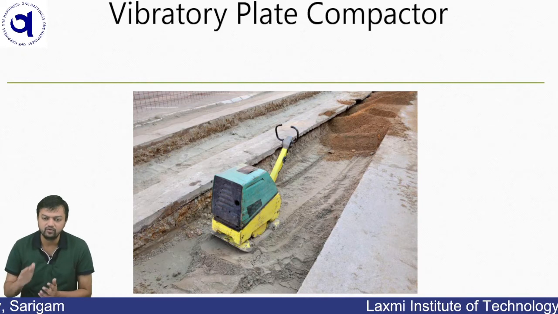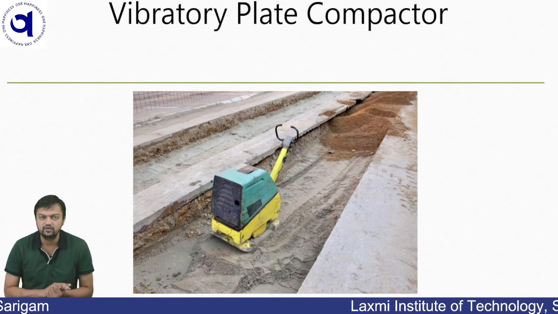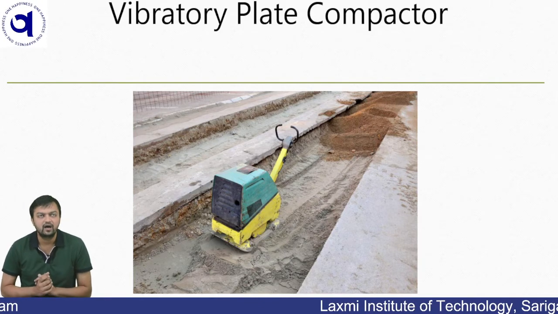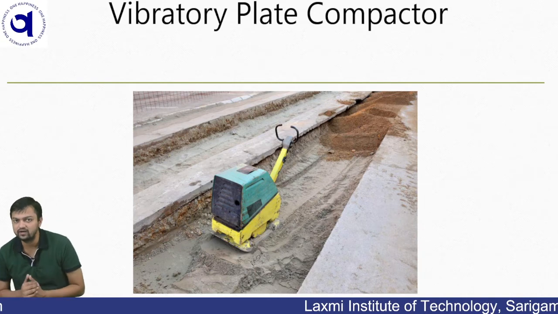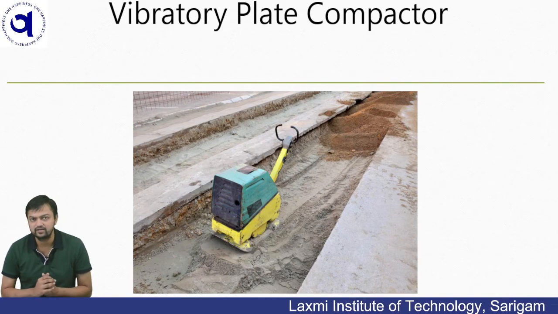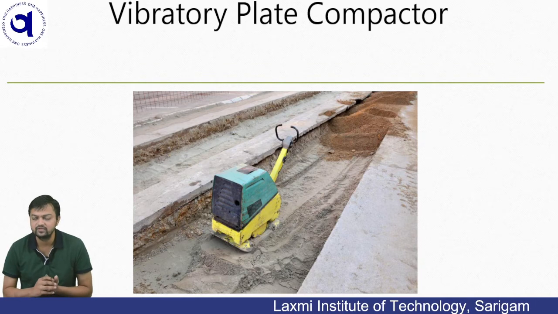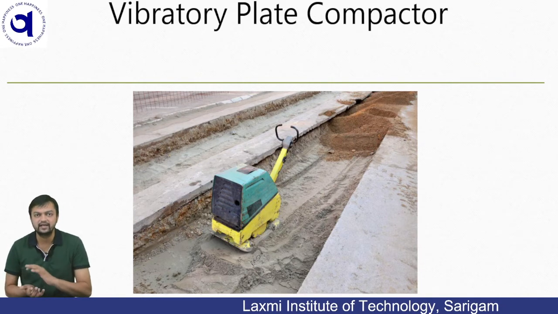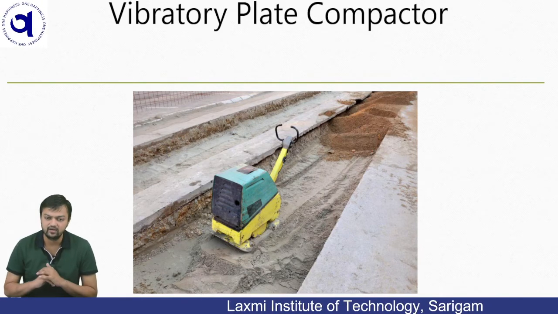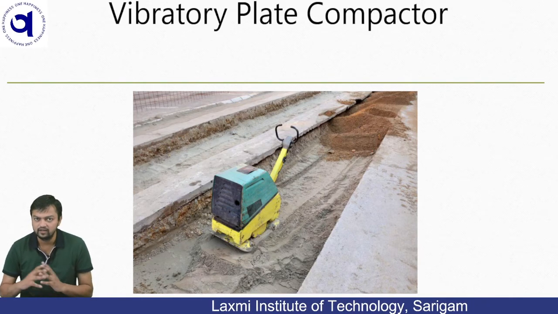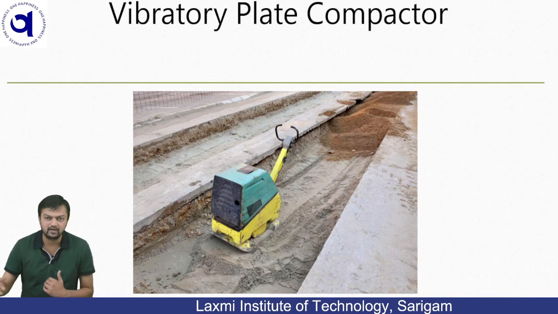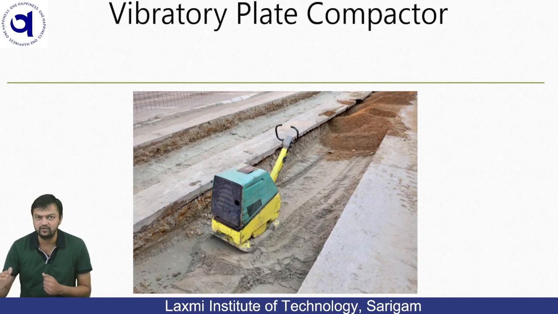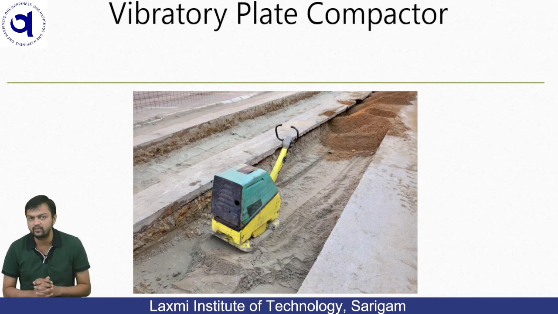Even if you want to compact the softer soil, we need to compact it and we need to extract the moisture from it. Now we cannot use more layers of softer soil on a harder soil. Even if you dry out that soil, we can't use the softer layer of the soil, because in future if it absorbs water, it will again expand. So what is advised is that upon a harder soil, you lay other layers and other materials which are harder, and upon that we lay our pavement course or the wearing course in case of road construction that I am talking about.